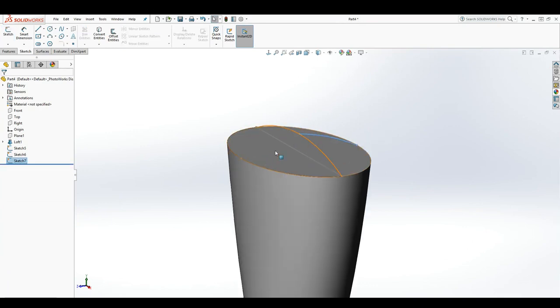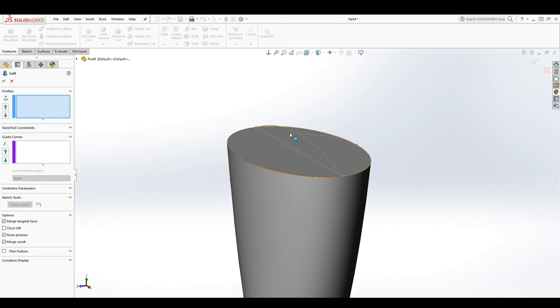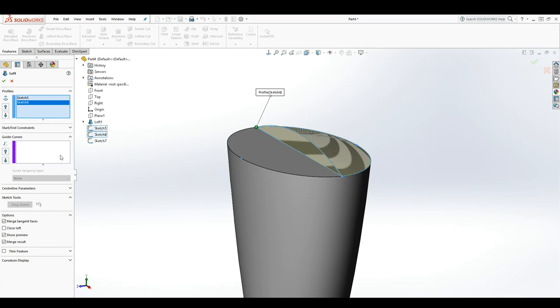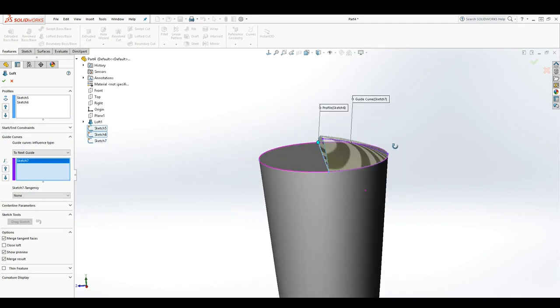So now this is another way you can loft. So we are going to loft sketch 5 into 6, and sketch 7 will be our guide curve. So we're going to the loft feature, and we are going to select loft, and we want to loft sketch 5 into sketch 6, and select the guide curve, and sketch 7 will be the guide curve,